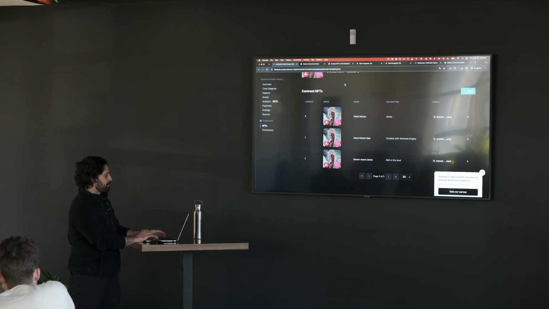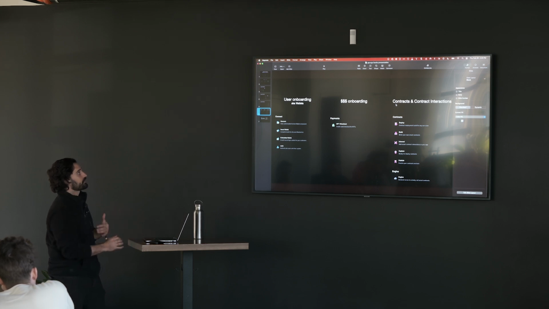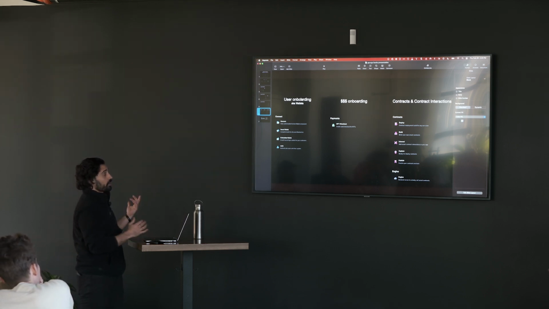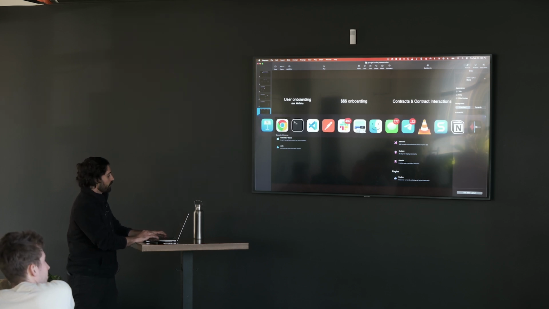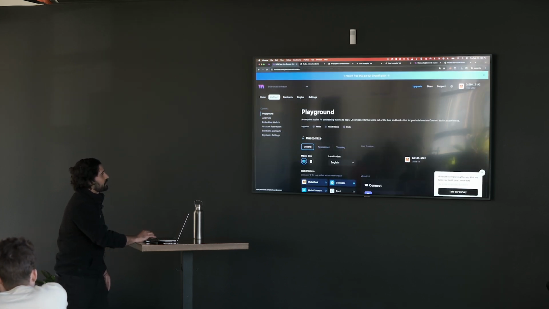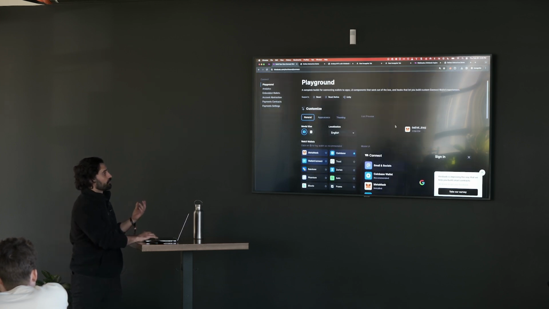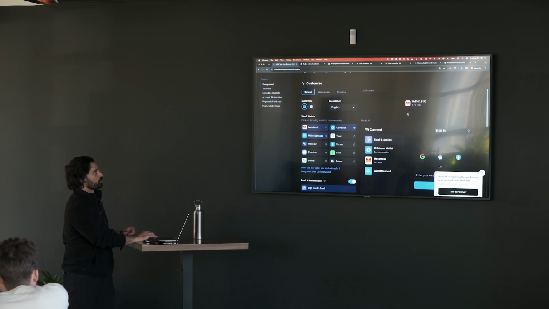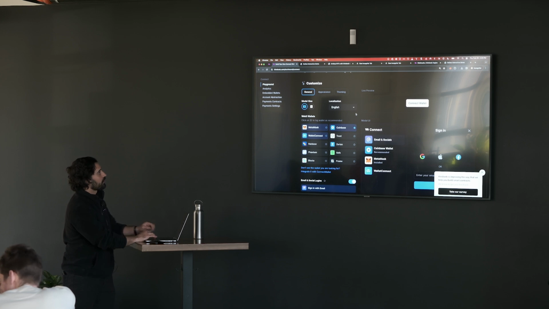So thinking again back to what's next. Now we've talked about contracts and contract interactions. Let's talk about user onboarding. That's typically the first thing someone needs to do. They need to create or connect a wallet. So what tools do we have here? If we go to our connect page, this is a nice little playground that really shows the power of this connect modal that we have. It's a pre-built UI component.